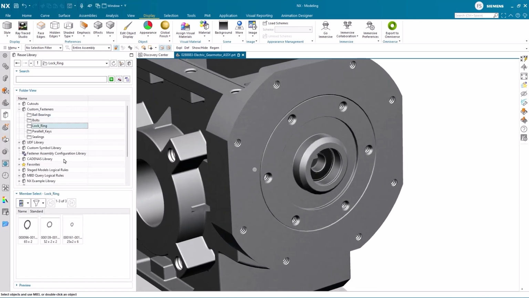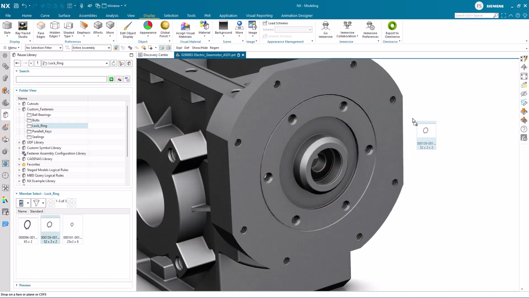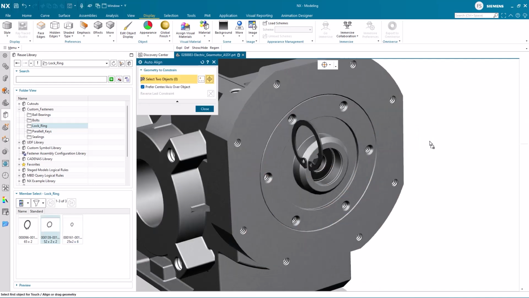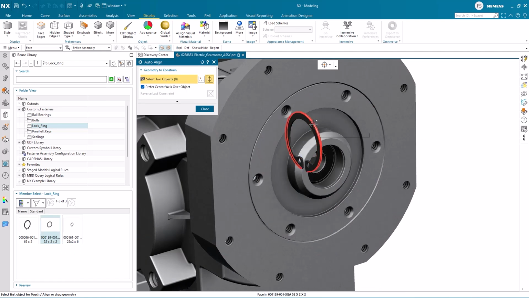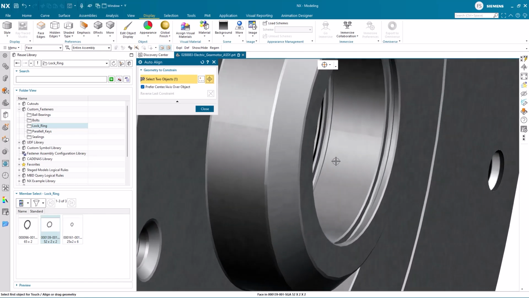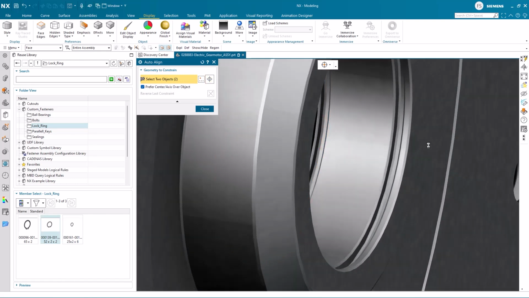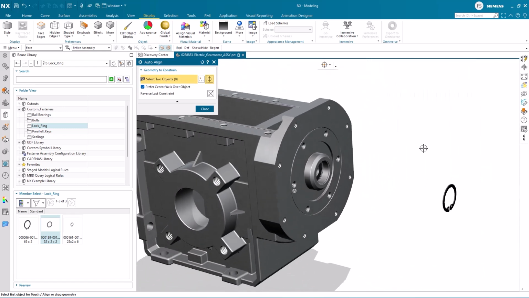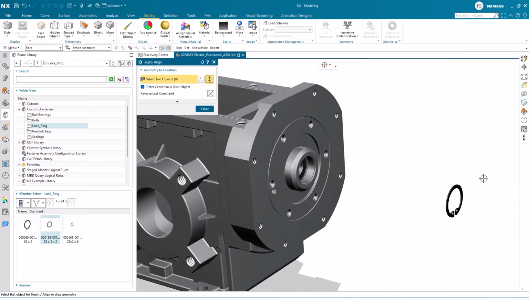More standard parts need to be added. The ball bearing needs to be locked in place with a retainer ring, and so we navigate to where we find standard parts in the Reuse library. We drag and drop the retainer ring of choice into the graphical window. The cylindrical radial seating face on the retainer ring and the counter face on the incoming axle mount are selected to align the radial position.